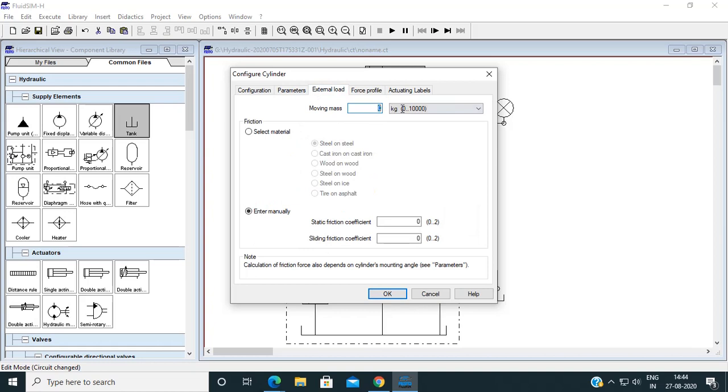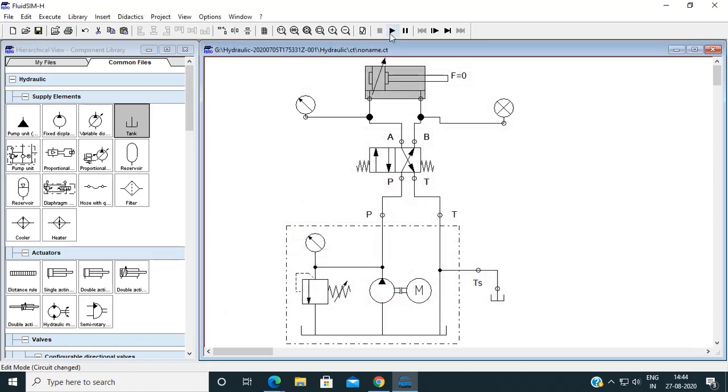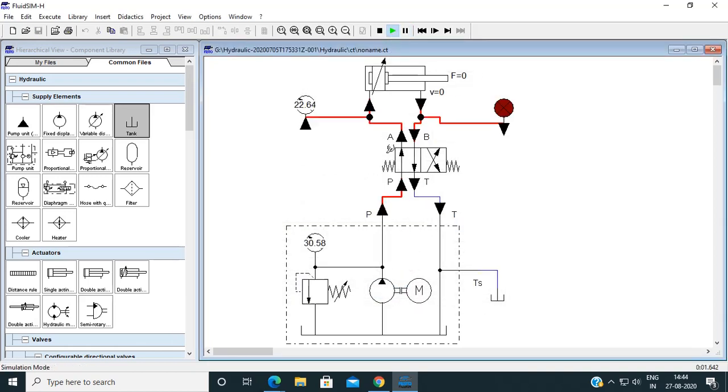External load I want to add 0.01. Force profile I want to add a variable profile, likewise. And now check. See, the speed is getting reduced because I have applied the force. Here I have applied the force, that's why the speed is getting reduced.